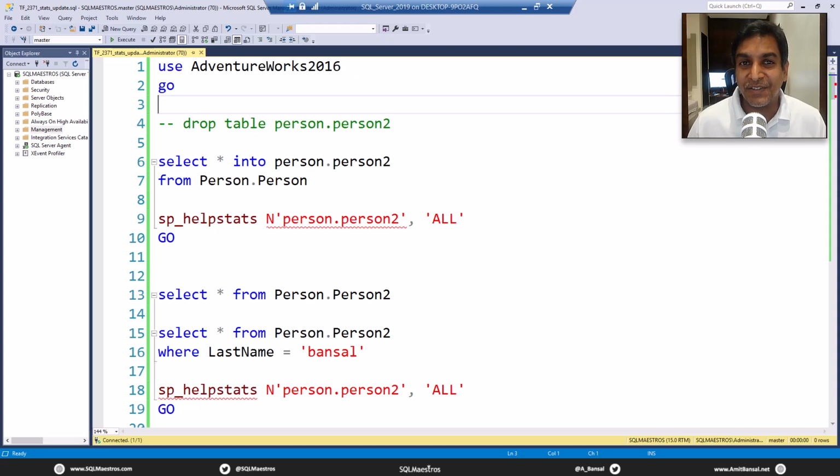caveats in SQL Server. So how does update stats really work? And more specifically, the focus is going to be on trace flag 2371. All right, so assuming that you know what statistics are and how they help the optimizer with cardinality estimation and all the query tuning stuff, assuming that you know all of that, let's straight away jump into the topic of